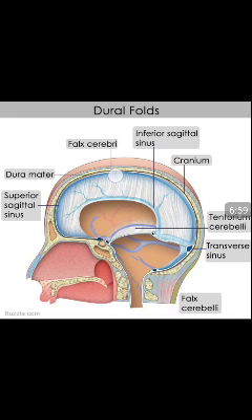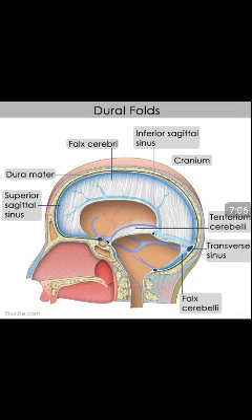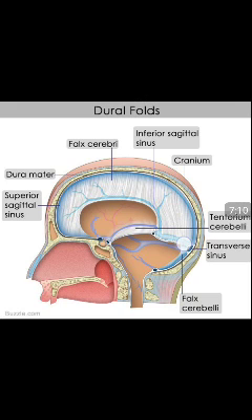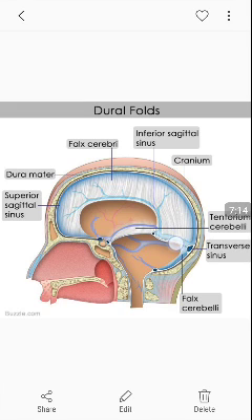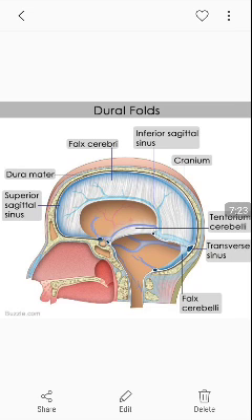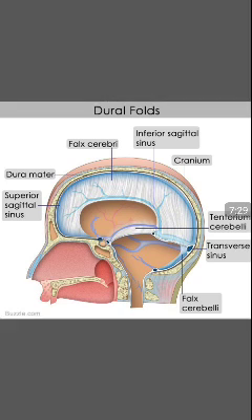So in the superior attached border we have the superior sagittal sinus, and in the inferior free border of the falx we have the inferior sagittal sinus, and they both open into the straight sinus. You can see this straight sinus here. It is present at the point where the falx cerebri is intersecting, or bisecting, the tentorium